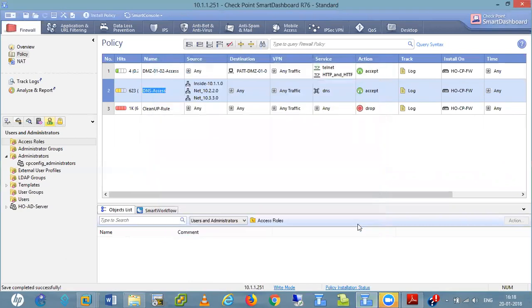Okay, so policy installation is done. Now I am going to create the access roles. So in access role, basically, it's a little bit slow.